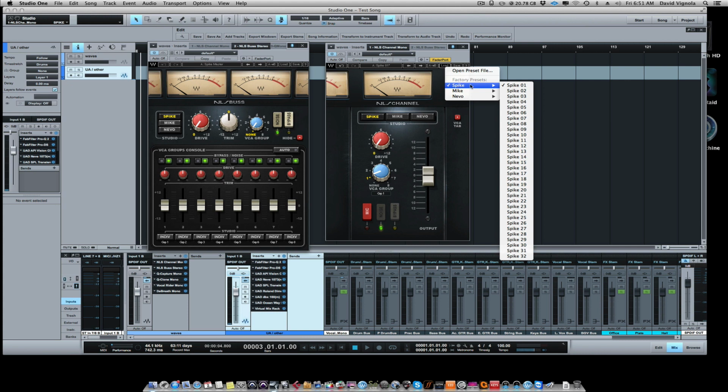Spike. Okay, so the SSL, for example, what they have done is they have emulated not just one channel of an SSL desk. They actually emulated all the different channels inside of that desk. So in this particular case, they emulated 32 channels of an SSL desk, because in the old analog circuitry world, as we've talked about before on this channel, every channel, channel 1, channel 2, channel 3, etc., is all going to sound a little different because the components are different, even though they're the same make and model, but everything